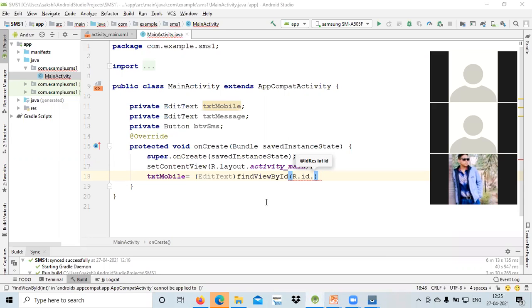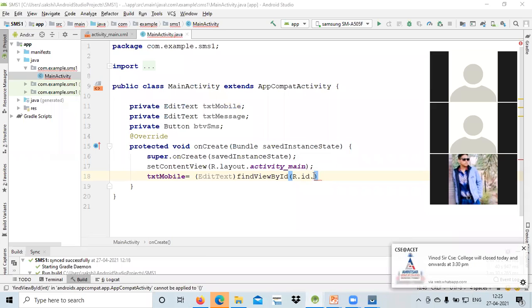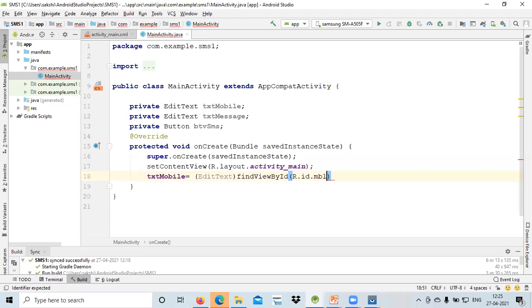Yeah. Okay, so we can find that particular component on the screen using its ID number, so the ID value. So we are having resource dot ID dot mobile text, so we are having R dot ID, that is mobile text.